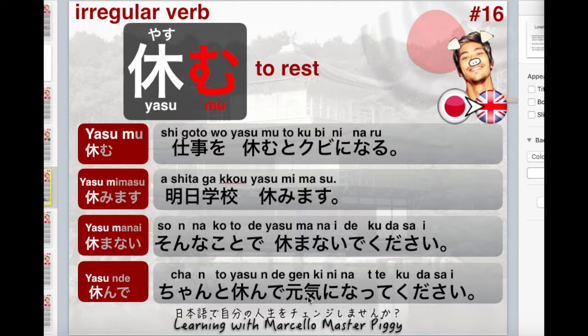Okay, so this person's probably sick. So genki ni naru is to become genki, to become healthy, to become energetic. Genki ni naru. Kudasai is please. So please take a rest. You know, rest well and get well soon, basically. Okay, this is what it means. ちゃんと休んで元気になってください。